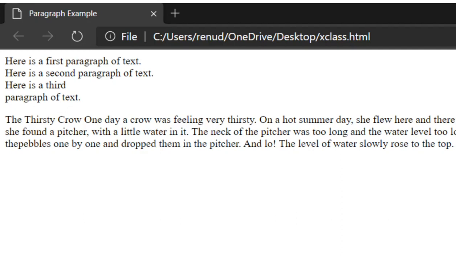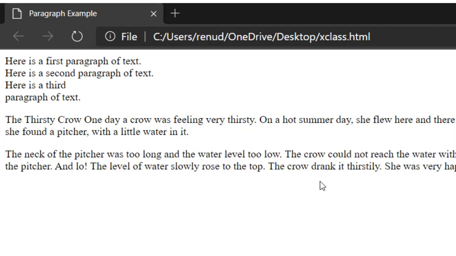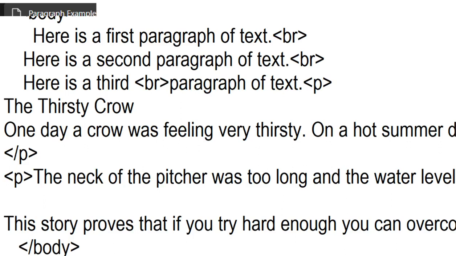After that, again save it, minimize it, open your browser, and refresh it. So you can see the two paragraphs in your web document, with three lines. So this is the implementation of the P tag and BR tag. Now, what is the difference between the BR tag and the P tag? We are explaining it here.